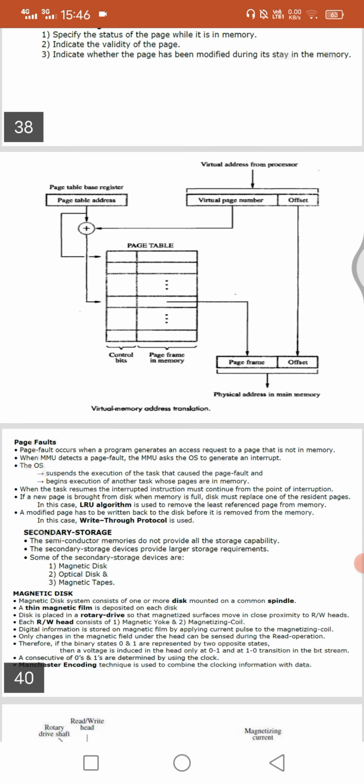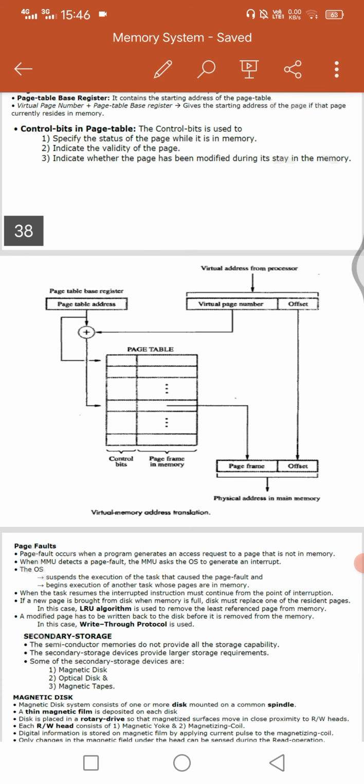Okay, coming to page faults. A page fault occurs when a program generates an access request to a page that is not in the memory. Whatever page we require, that is not there in the memory. Then when the MMU detects a page fault, the MMU asks the OS to generate an interrupt.